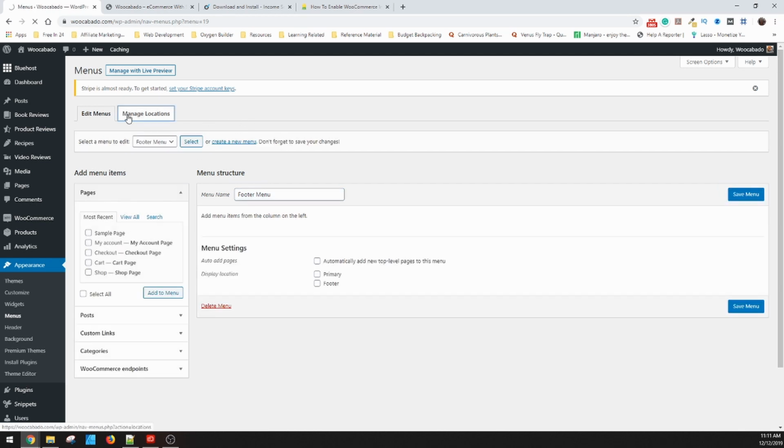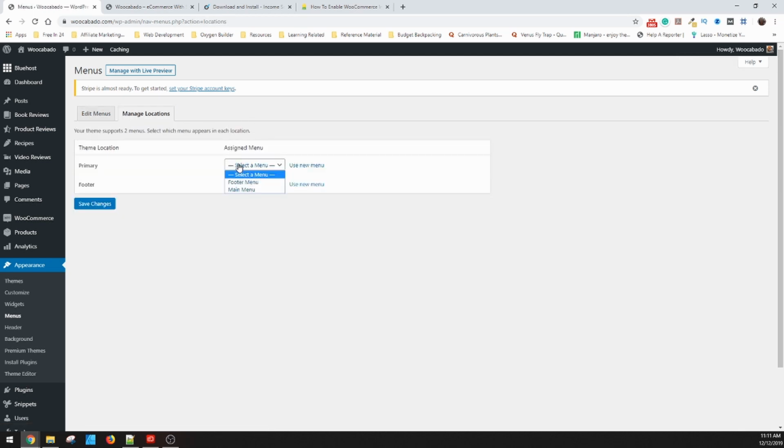When you go to manage locations, then you can put what one is going to be. So primary is that top menu, so you want it to be the main, and the footer's obviously at the bottom, so select footer menu and then click save. This way it knows what items in which menu you put them in and where to place them on the theme. So once we get those ones done,